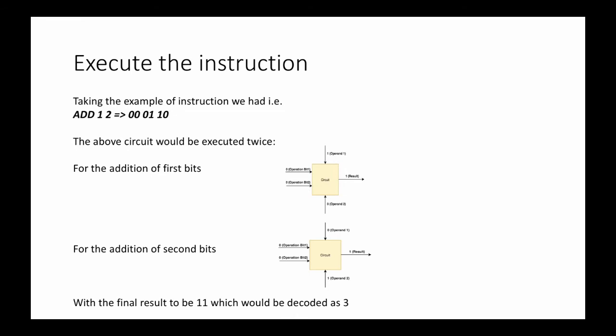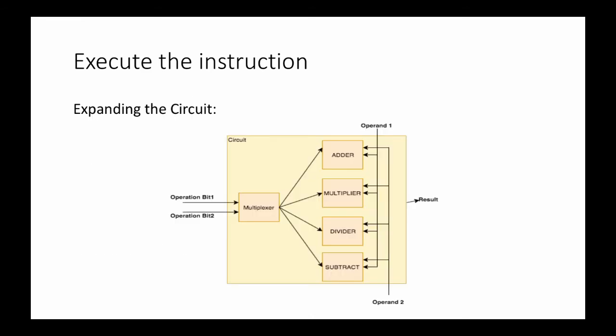So the final result is 11, and 11 in binary is equivalent to 3 in decimal. So this 11 will actually get stored back into the drive as 2 highly magnetized blocks, and when it is shown to the user, it is shown as 3, which is the decimal converted format of 11. So now let's see how this